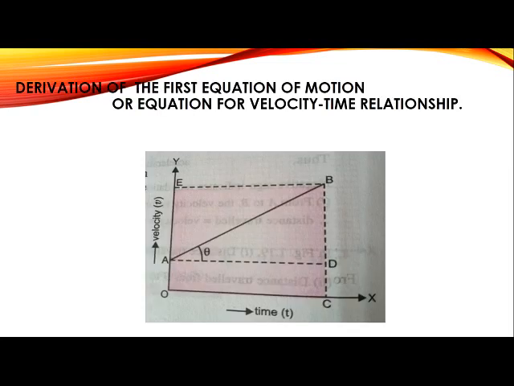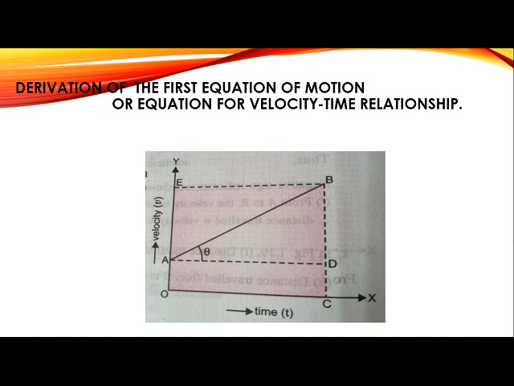Now, children, this is the graph that we will be using. This is the same graph which we will be using to derive all the three equations of motion. Right? Now children, what are the things that you need to remember in this particular graph? Now this graph is a velocity time graph. On the x-axis we find the time, and on the y-axis is the velocity. Now O is the point where velocity and the time meet, and children, the point O usually refers to 0.